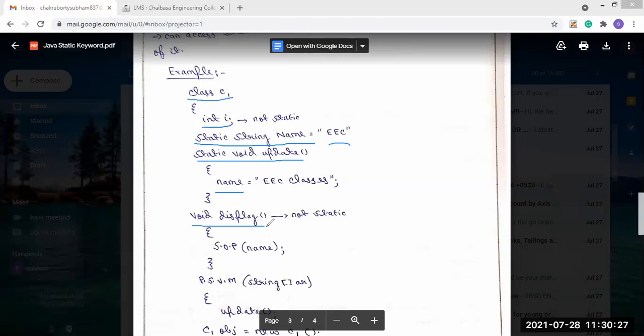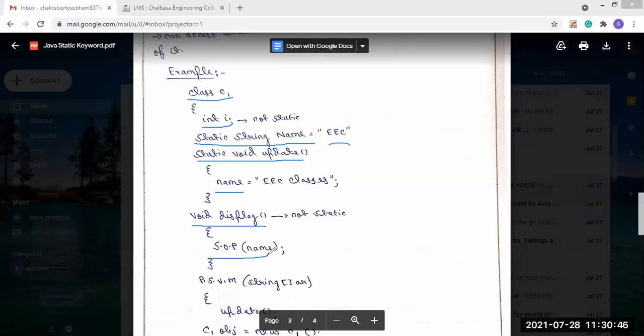Next, a non-static method, void display. Inside this non-static method, the working is that this display method will print the name.